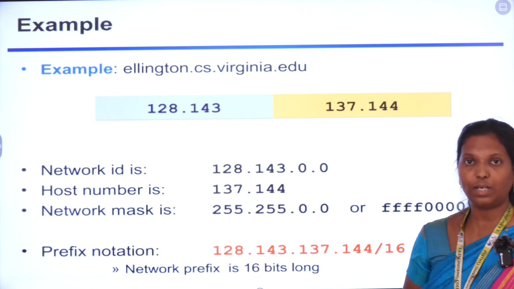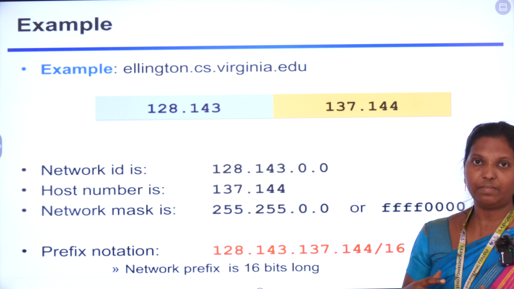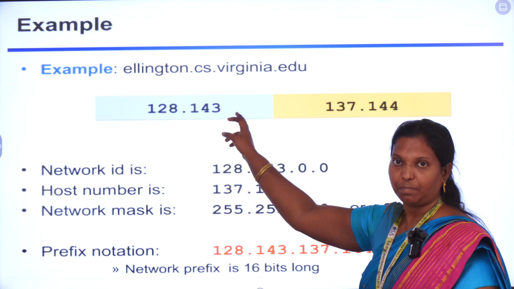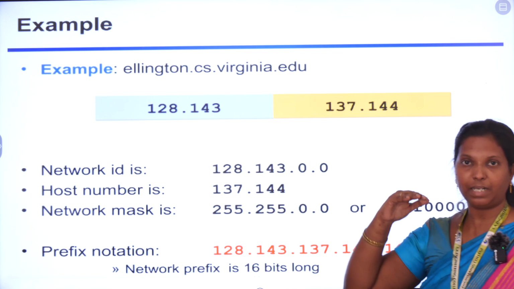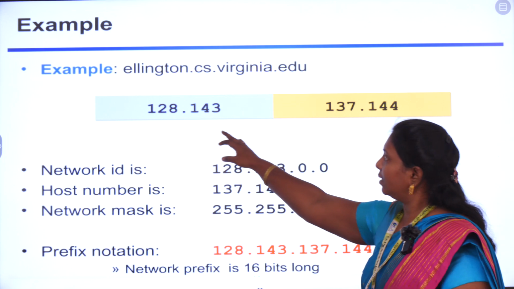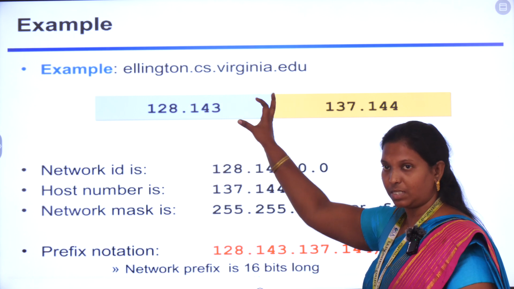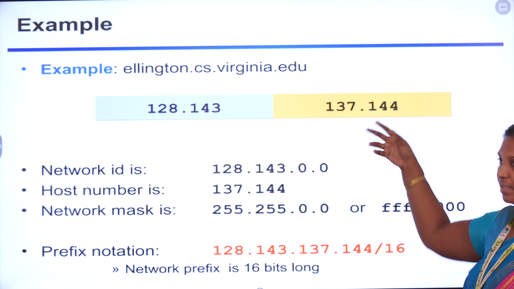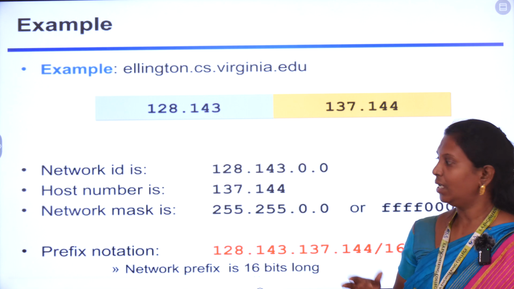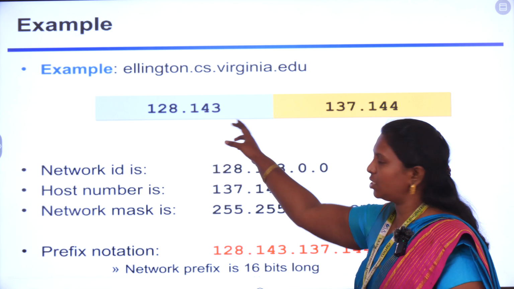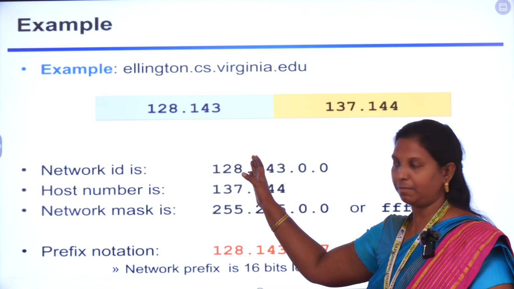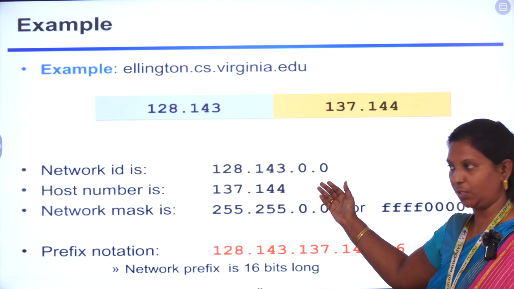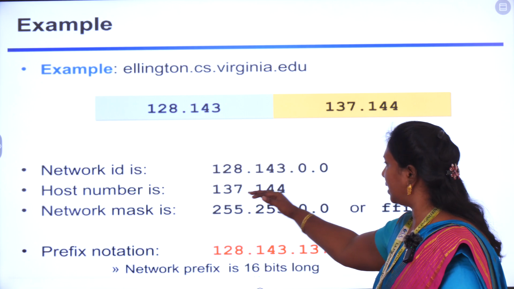So here, ellington.cs.virginia.edu. This is the actual URL that we focus on. When we are typing the URL, HTTP shows the content of this alone. But inside it we have an IP address notation that Virginia University will fix as 128.143, and every host can have their own network ID. Say for example, here the first two subdivisions of 8 bits are controlled, like 128.143.0.0, and second the host number that was associated with